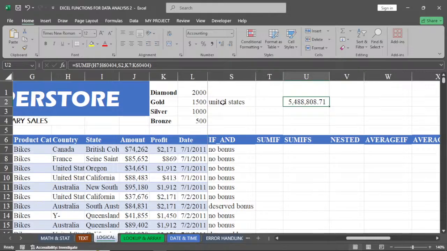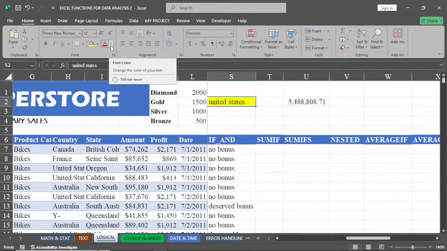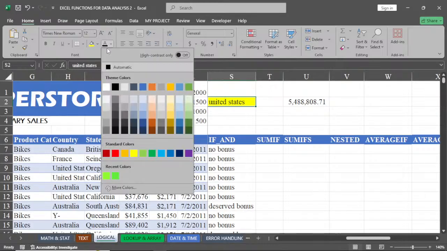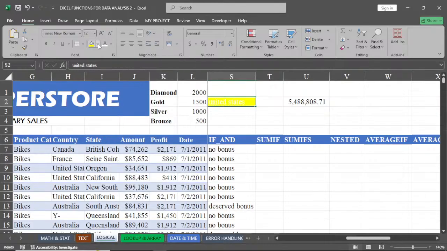Now, once I type in United States, let me color this so that the place becomes visible. United States here, you see, this shows. Now let's take for example, our manager said, okay, we have seen the one of United States, forward it for me, and later the person comes back and says, okay, will the total